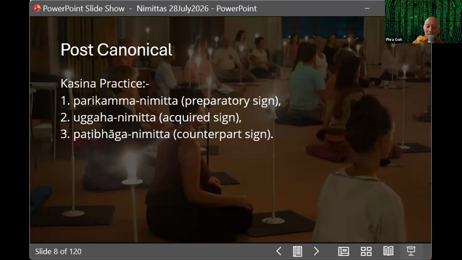Once you can remember the image, we call this the acquired sign. But then it's unstable. You look for a while, you close your eyes, then you forget the image again. Then you need to look at the preparatory sign again, which is the physical candle. If a person masters this image, then they have the counterpart sign, where the image will last longer. So these are the few phases of this so-called meditation practice. But let's look at the Suttas version of this